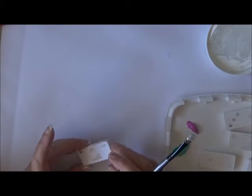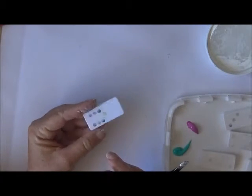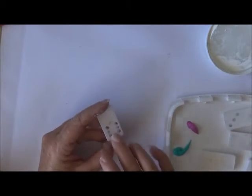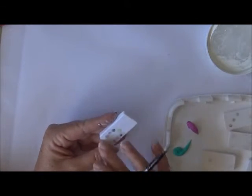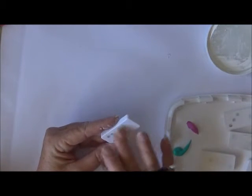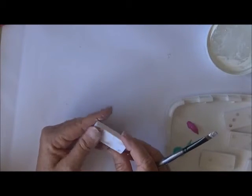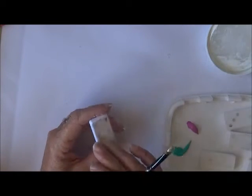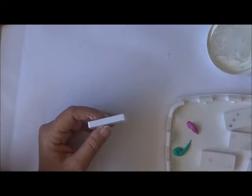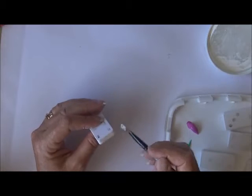I've been altering some dominoes, you know, the little plastic dominoes, and what I've done so far, I've just given them a rough sand with a little bit of sandpaper just to roughen up the surface, because these ones are plastic and they're quite smooth, and I'm planning on painting these ones. And I'm just going to give it a quick coat of gesso,